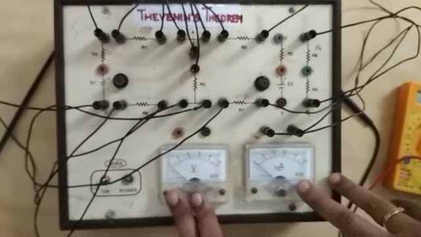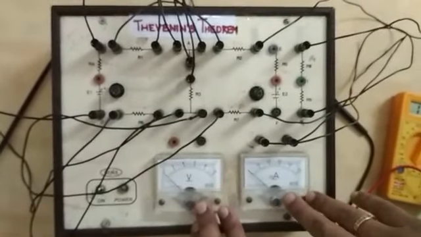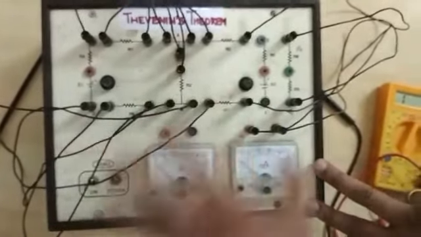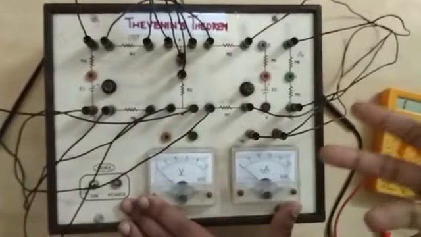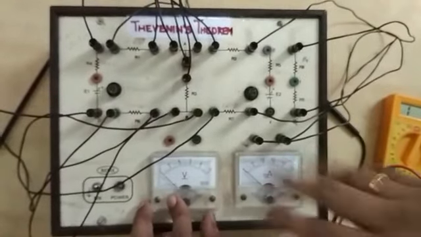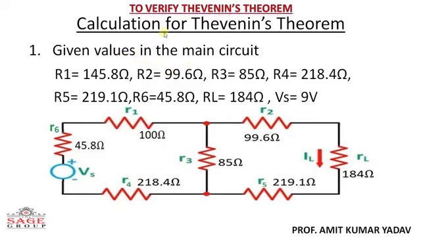But look here, students, there might be some percentage of error. That may be 5 to 10% of error can occur due to the internal resistance of our network kit. Okay, because in the ideal case we do not consider internal resistance, but in the practical case we have to consider internal resistance. Now after performing the experiment, we write down the values of various resistances and the voltage source which we have already measured, 9 volt, and this is our main circuit.